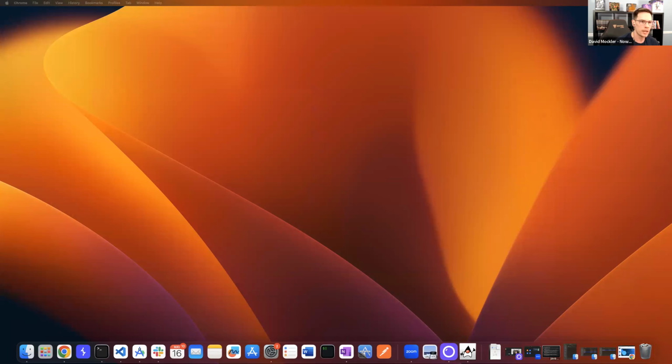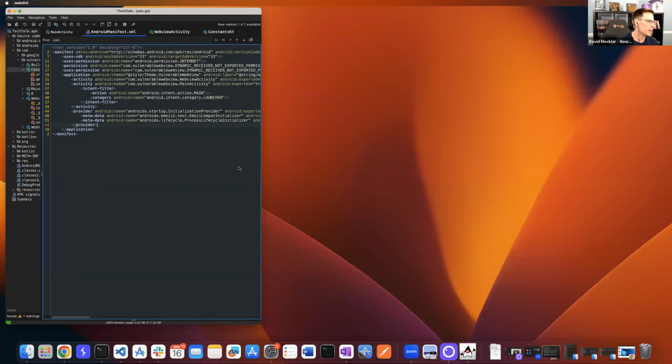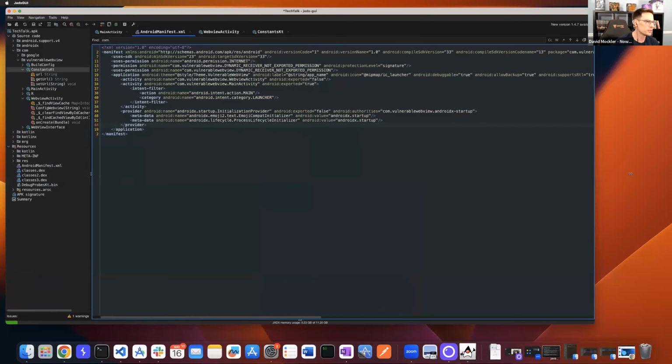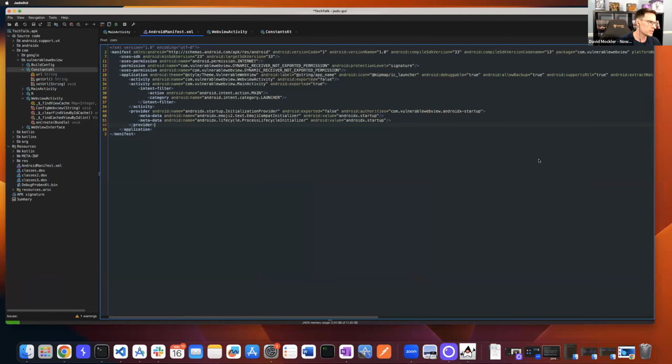So I've created a little app, a very simple app, and I brought it here in JADX. You're going to take the compiled APK binary and toss it into JADX for some static code analysis. And it's a very basic app, but the very first thing that I did want to mention